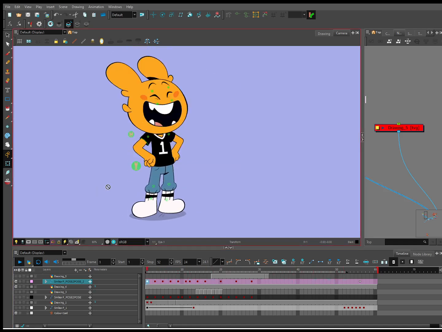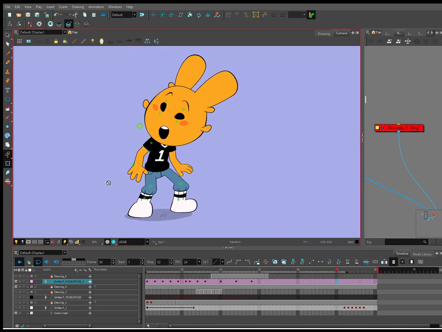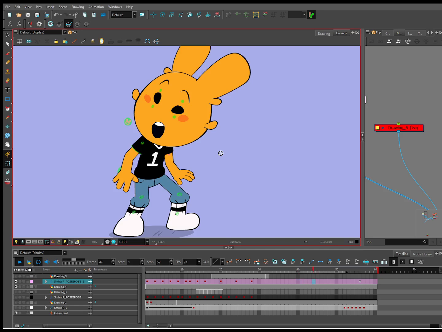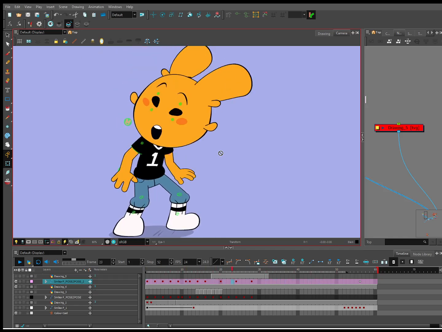So now when the character settles up, you can actually see how the motion of the lower body goes lower body, mid body, and it travels up to the head. And it immediately brings your eye to the character's face.